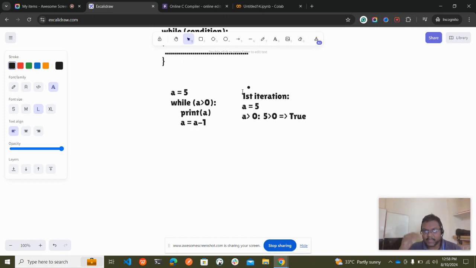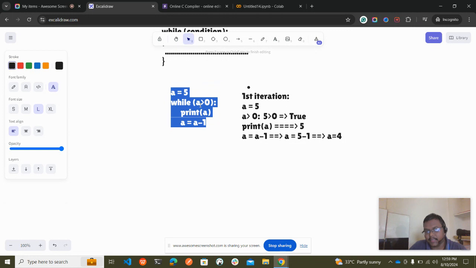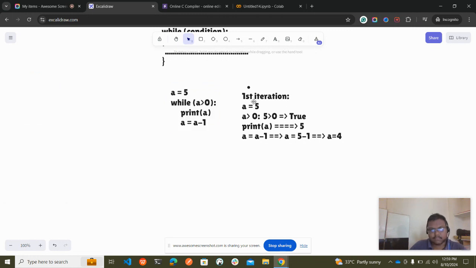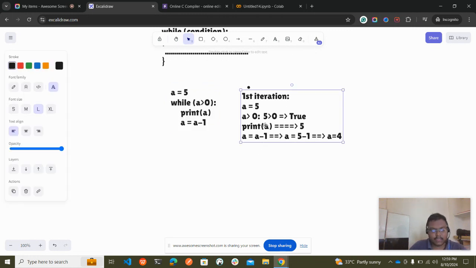If it is true, we come into the inside block, and it prints a, which means we got the result 5. Then we have a is equal to a minus 1, which means a is equal to 5 minus 1, that is a is equal to 4. We have reduced 1, and now this a equal to 4 will be passed over to the while loop.